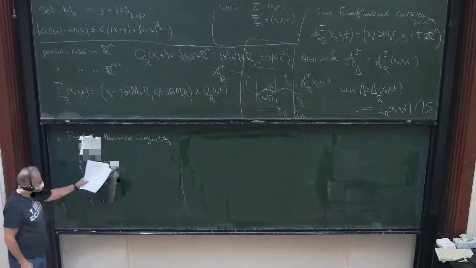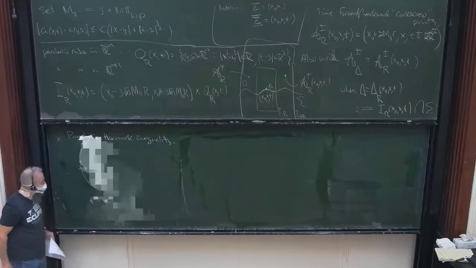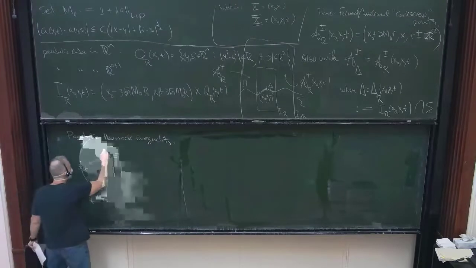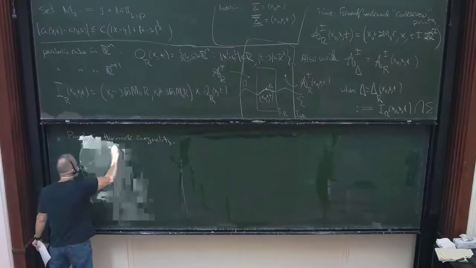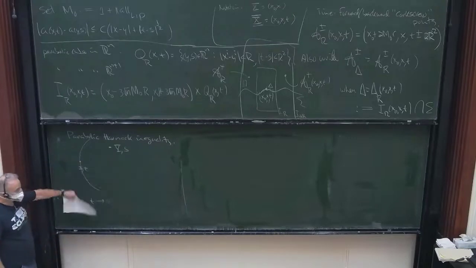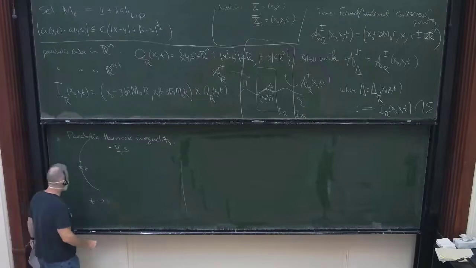A parabola opening to the right with vertex at xt. And now think of another point, ys, that lies inside of the parabola. Okay? In such a way that,